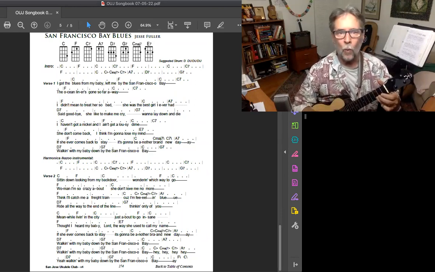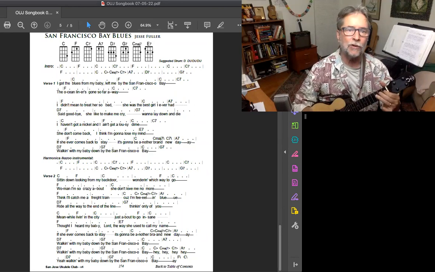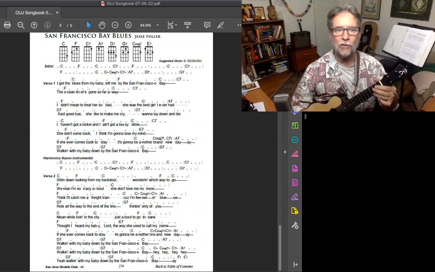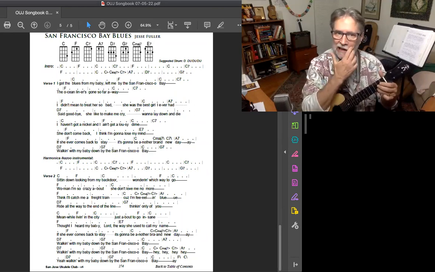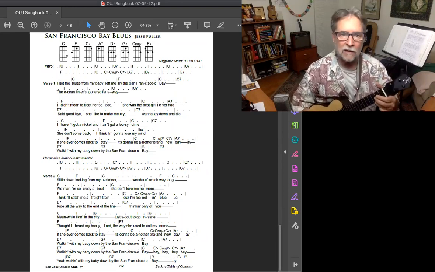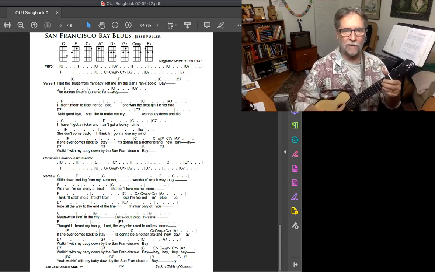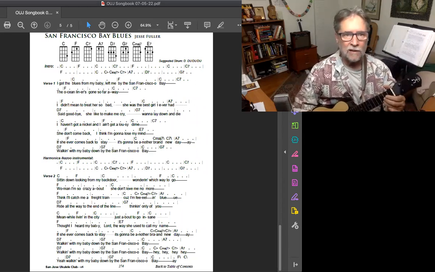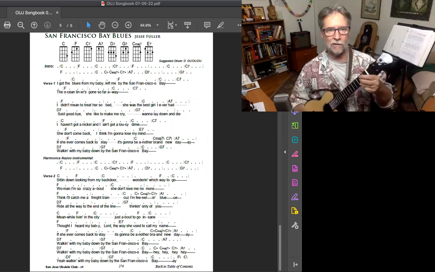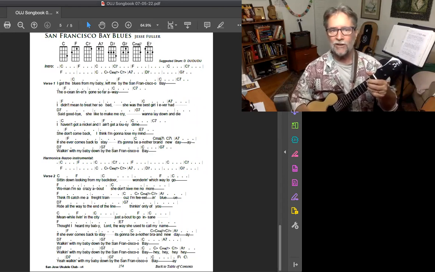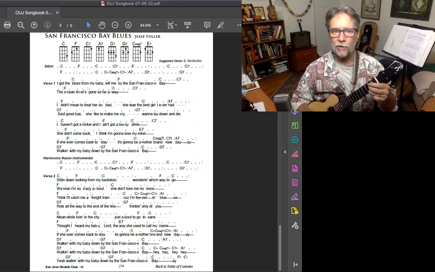1, 2, 1, 2, 2, 2. So you're doing 2 beats on C. I'm on the second line of the intro. In the middle, where all those C and greater-than signs are, C greater than, C major 7 greater than, C7 greater than. So it's C, 1, 2, 3, and